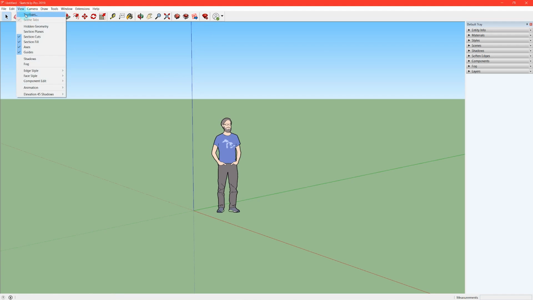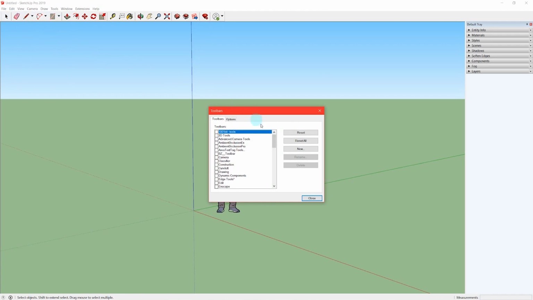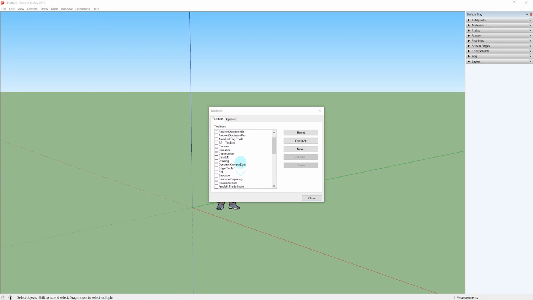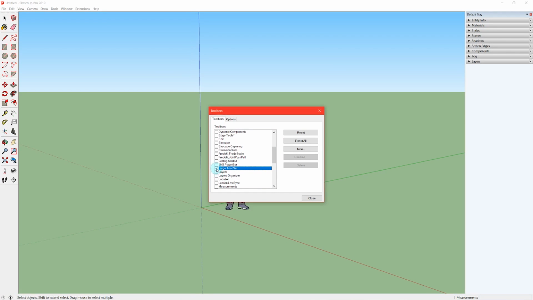So the first thing we want to do when you open up SketchUp is adjust the way it looks, the interface, the toolbars, the style. So we'll start by adjusting our toolbars. If you go to View, you can select Toolbars, and here we can turn on and off all the toolbars